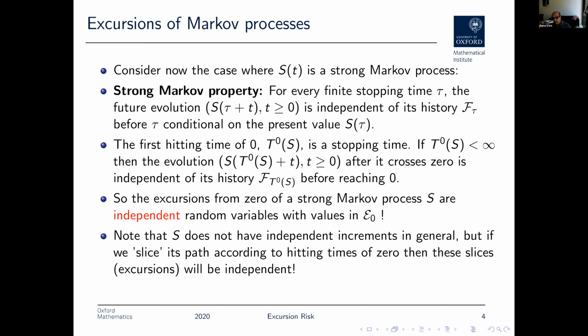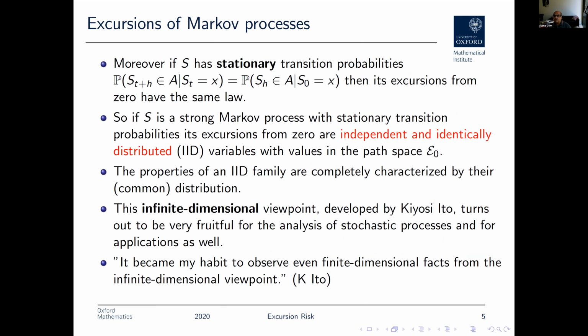Now, even more, if you make a slightly stronger assumption that the Markov process S has stationary transition probabilities, meaning that, a Markov process is completely characterized by its transition probability. So if I know the probability of ending in a set A after time H, starting from a given state X, this is all I need to know to characterize the Markov process. If these transition probabilities are stationary, meaning that they only depend on the difference between the starting point and the arrival point in time,